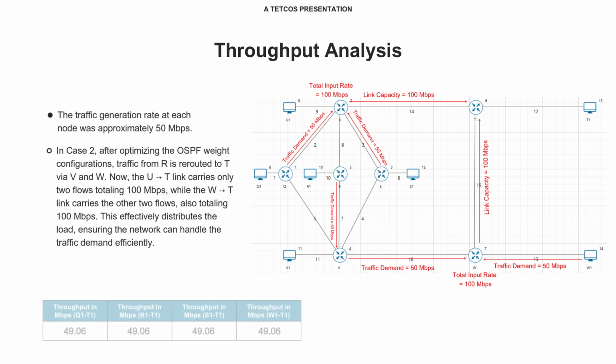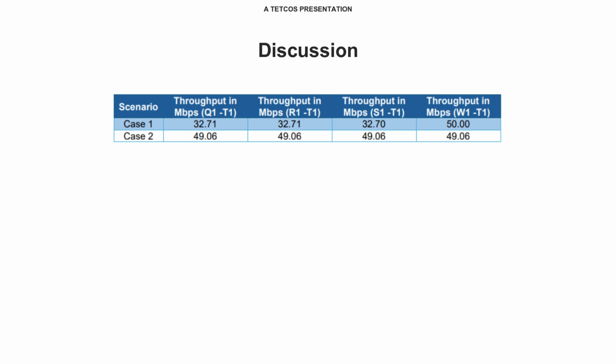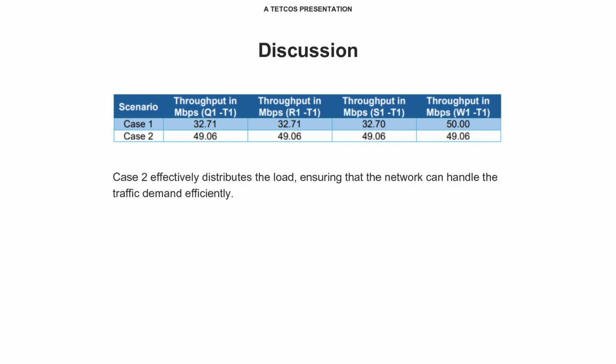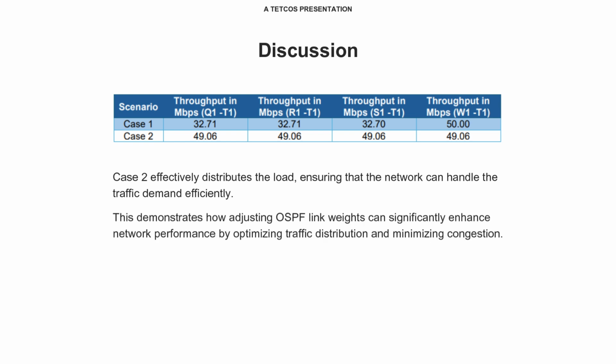As a result, the throughput for applications Q1 to T1, R1 to T1, S1 to T1, and W1 to T1 improves to 49.06 megabits per second. As we have seen the throughput variation in both cases, first with the output cost set to 1, and then with the output cost set to 3, case 2 effectively distributes the load, ensuring that the network can handle the traffic demand efficiently. This demonstrates how adjusting OSPF link weights can significantly enhance network performance by optimizing traffic distribution and